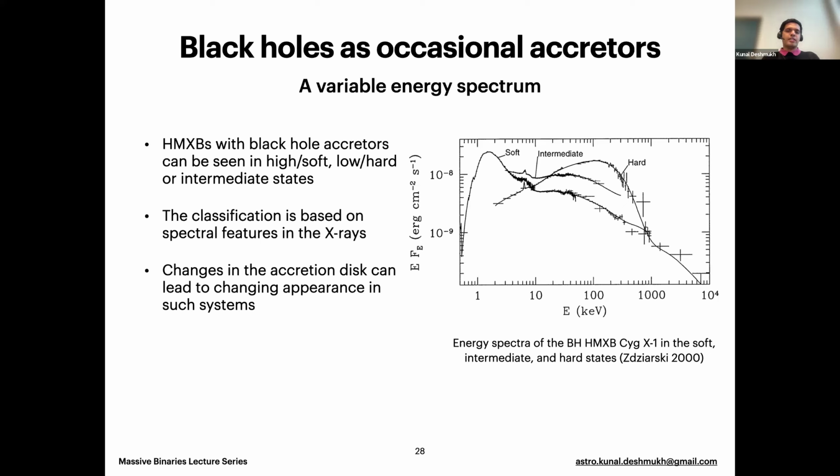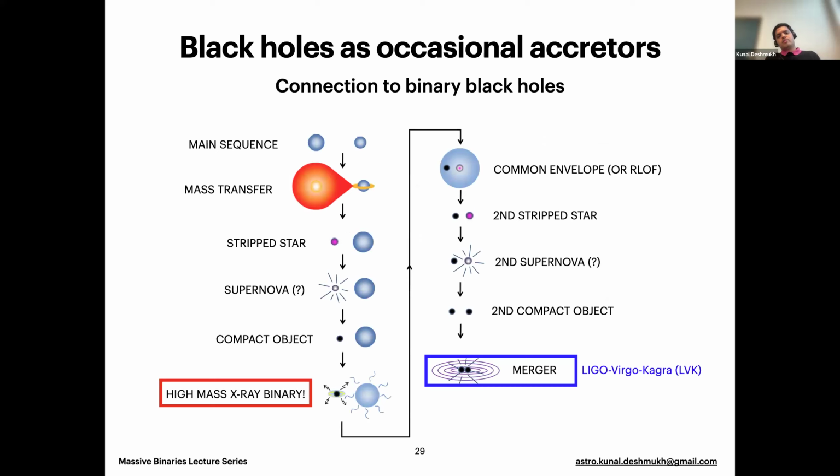So it is very common to see changes in such systems. This, for example, is Cygnus X-1, one of the most famous ones, but also very notoriously variable from time to time. If we go back to this plot and try to think about their connection to binary black holes, what we see